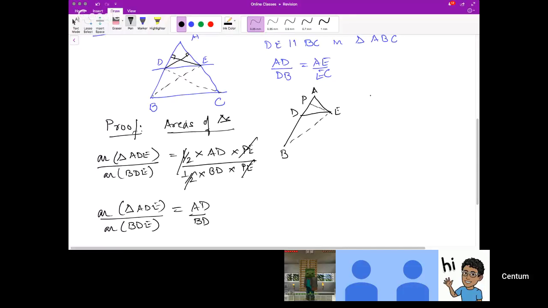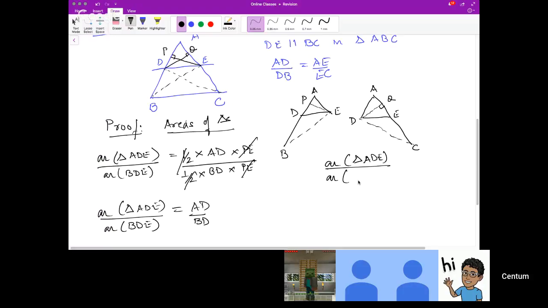Similarly, we had taken this triangle. Which triangle? This one, and this is another part of it. And we dropped a perpendicular like that. This was point A, this is E, this is D, this is Q. Let's say this point is P, and this point is Q, and again this was perpendicular. So hence area of triangle ADE again upon area of triangle